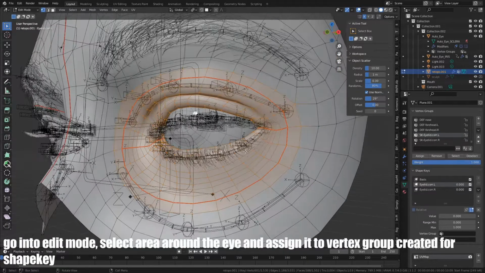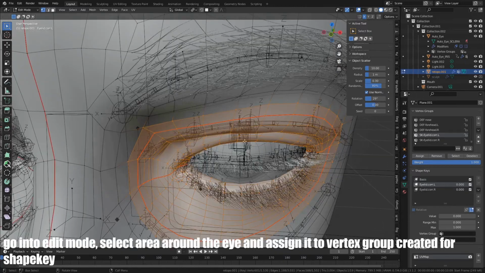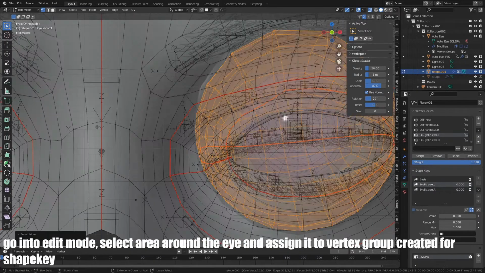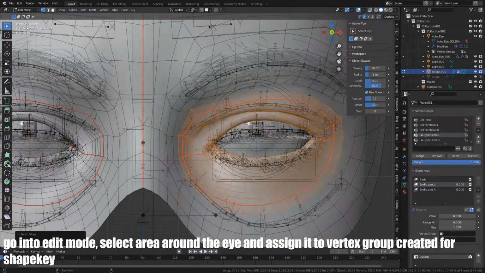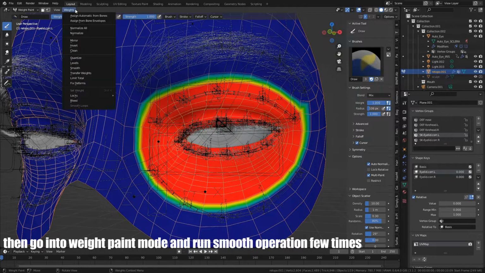Go into edit mode, select area around the eye and assign it to vertex group created for shape key. Then go into weight paint mode and run smooth operation a few times.